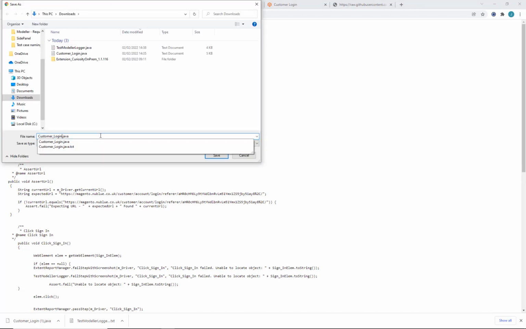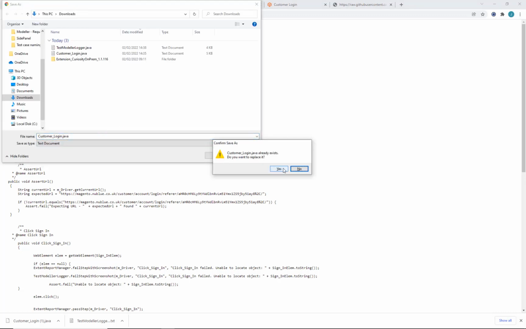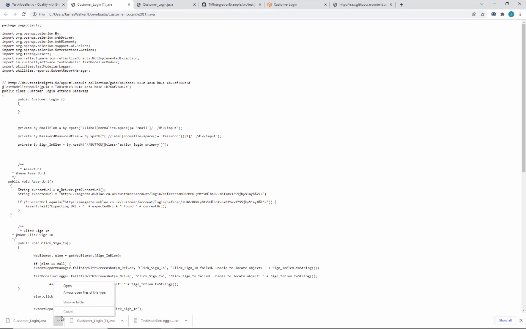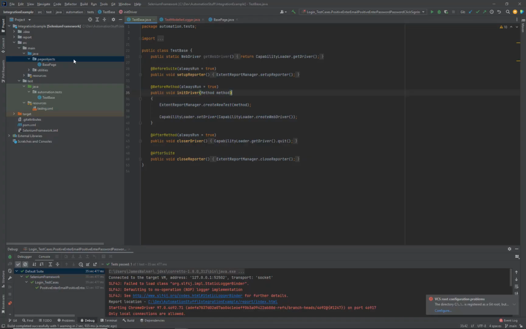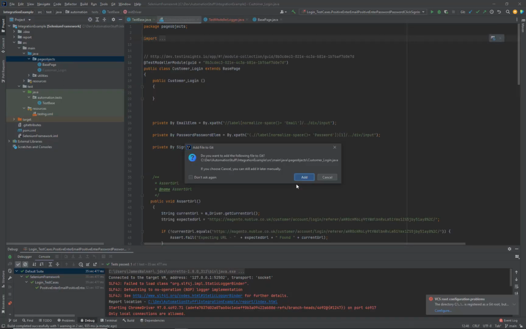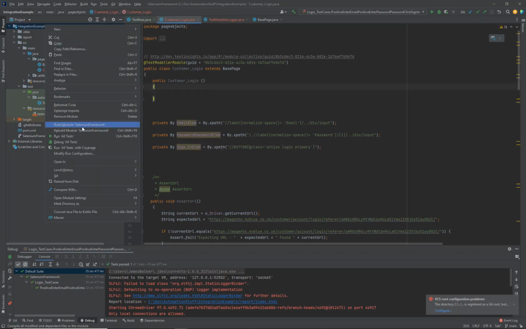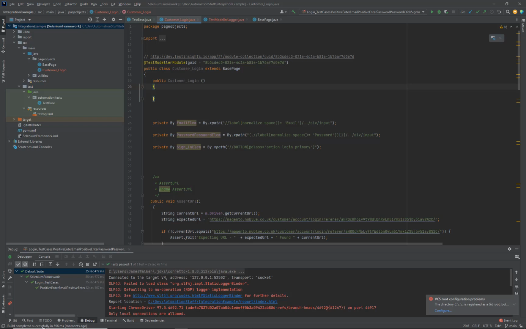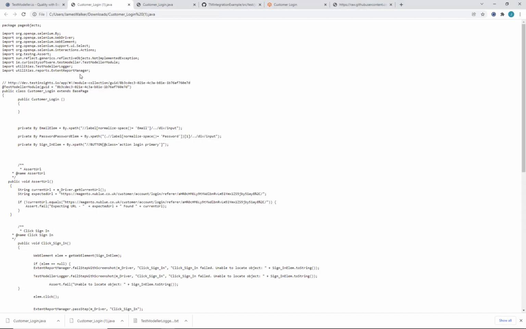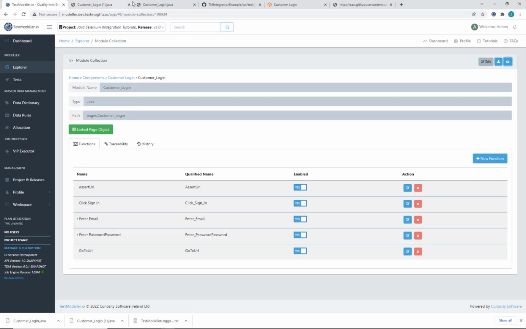We're just going to save that in our download folder here. We'll open this up and paste it into our framework as so. And what we should see is that we do not have any error messages here. So if we do a rebuild, we'll see that this has been built successfully. Now any code we generate via the scan process will now generate code that can automatically run within our